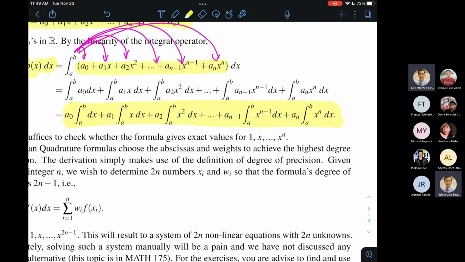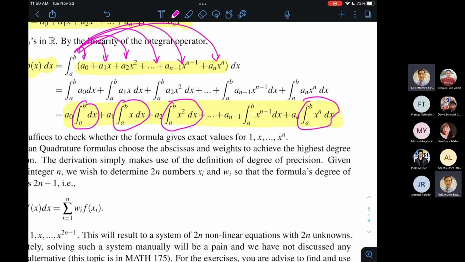Okay? Para masabi na nai-integrate ng quadrature formula natin yung integral ni p exactly, ang kailangan ko lang i-check ay nai-integrate ba niya nang eksakto yung dx? Nai-integrate niya ba nang eksakto yung x dx? Nai-integrate niya ba nang eksakto yung x squared dx, hanggang dun sa nai-integrate ba niya nang eksakto yung x to the